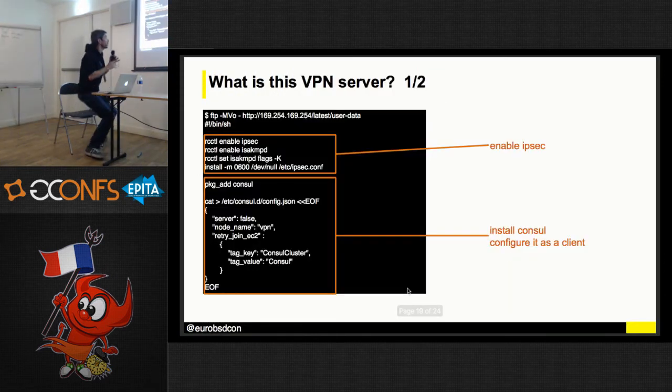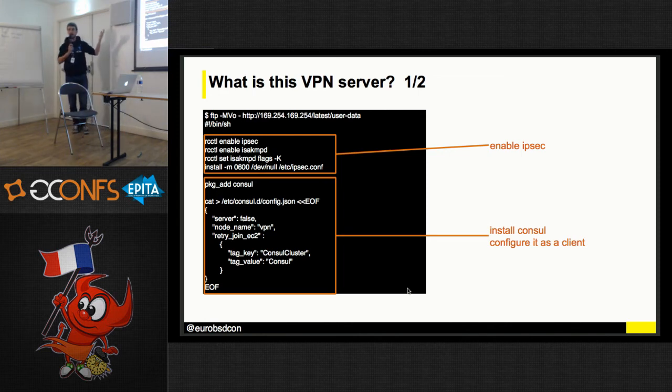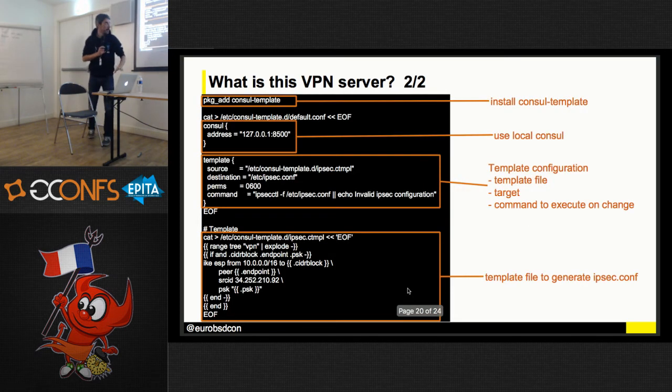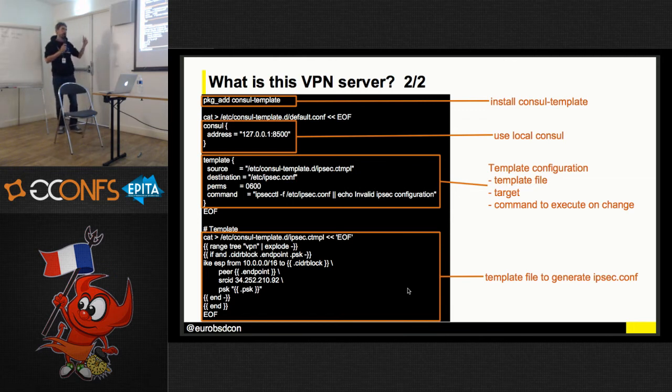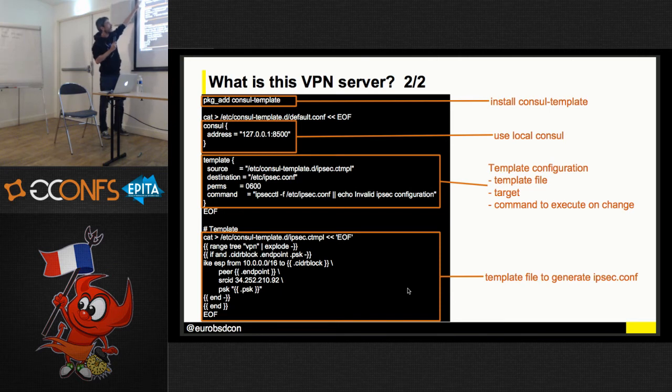On this VPN server we enabled IPsec, which is what I just showed you, and then we installed console. We also installed this new tool I was telling you about, console template, which is going to connect to console and get data from there. So we're installing the console template package and configuring it, telling it to connect to the local console agent.